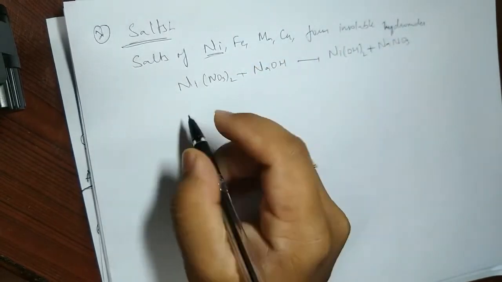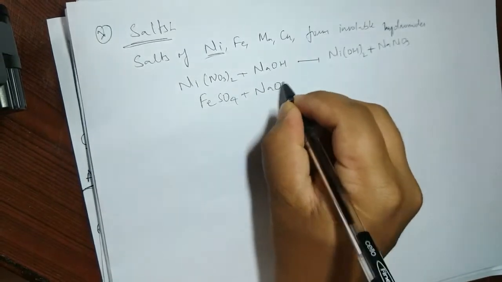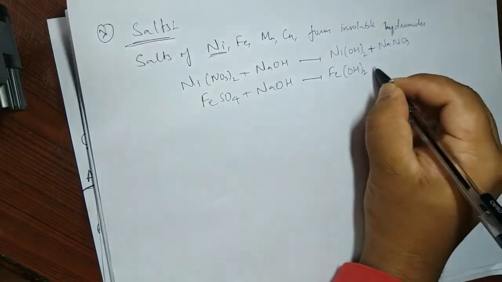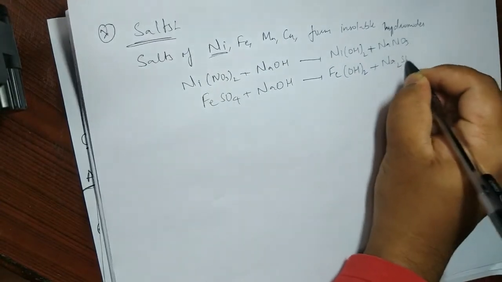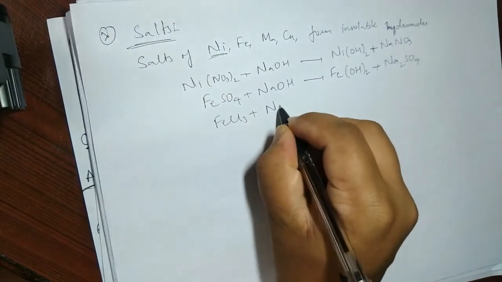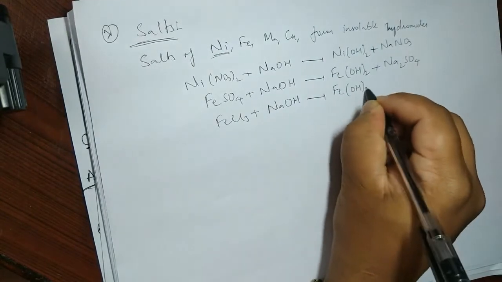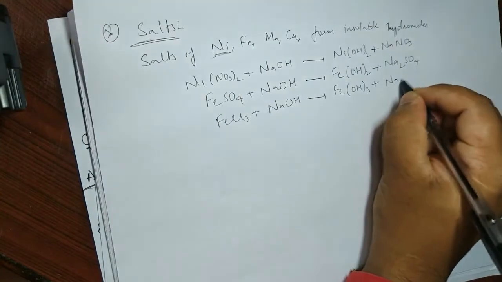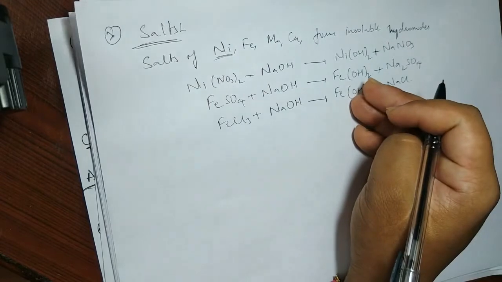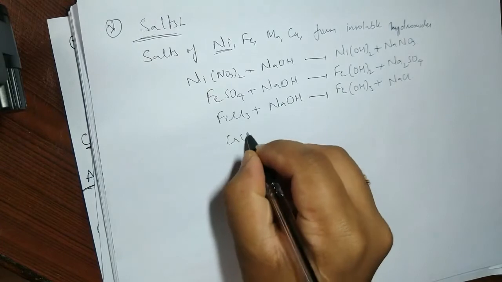They generally precipitate out. Okay, so ferrous sulfate FeSO4 plus NaOH, you should have guessed it, Fe(OH)2 plus Na2SO4. FeCl3 plus NaOH, guess, don't wait for me, Fe(OH)3 plus salt NaCl. First separate out the salt, whatever the salt that is formed, then it is very much clear what it can form. Okay, and CrCl3, chromium chloride,